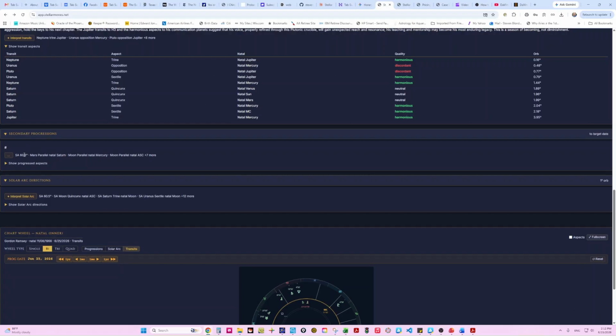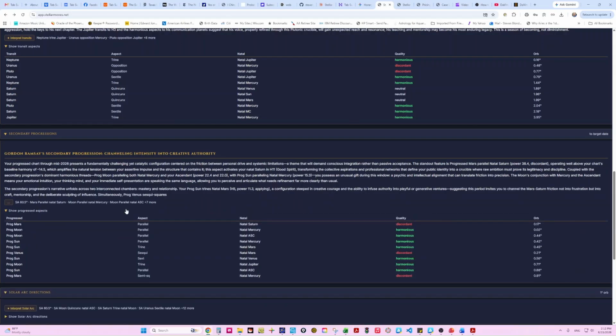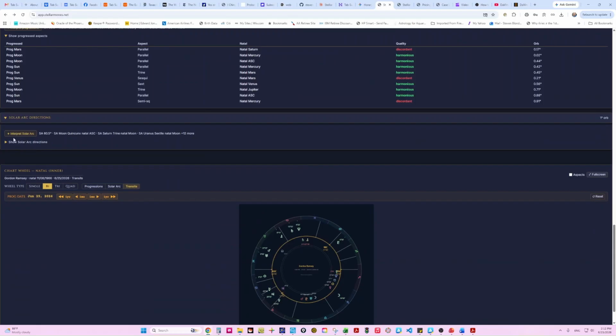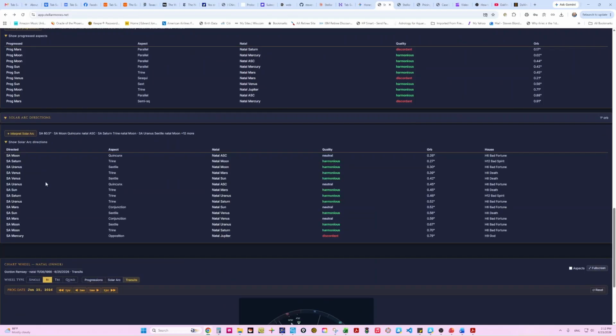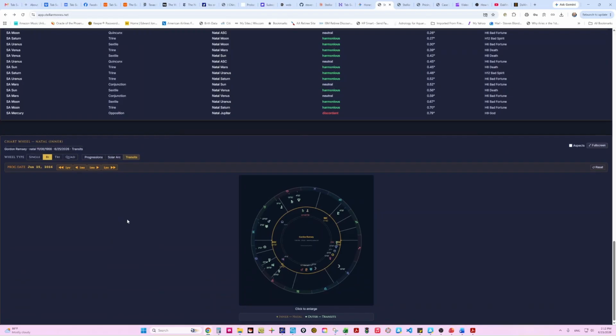Same thing, you can get a secondary progression interpretation, and you can see the progressed aspects in relationship to the natal chart. And then we have solar arc directions, where every planet moves a degree a year, whereas with progressed planets, every day in the calendar is a different planetary placement. So one day in the calendar equals a year of time when you're looking at that Time Lord system. And then we have a unique ability to look at all these Time Lord systems or forecast systems